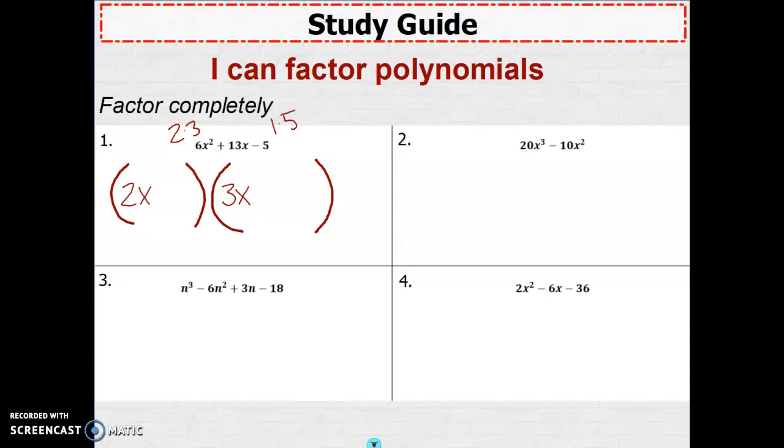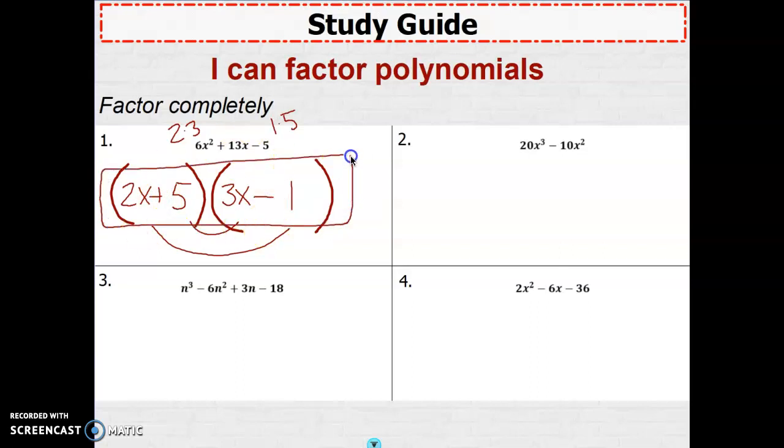I see a 13 in the middle, so perhaps if I put a 5 here and a 2 here, check my smiles, that's going to get me 15 minus 4. So I don't think that that's going to work, right? Probably because I put a 2. How about I put a 1 there and then it would work? There we go. So 15, I need to be positive. Minus 2, I need to be a negative 1 there, so that when you check your smiles, you get that